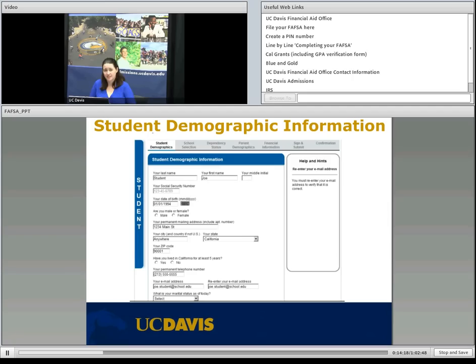Another question on there asks for your permanent mailing address. So definitely use the address where, if they needed to mail you something, you want to make sure it's a permanent address. City, your state, and your zip code. Also, if you haven't lived in California,